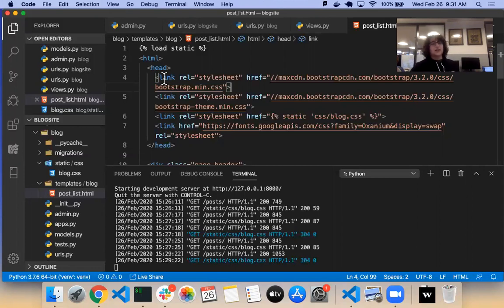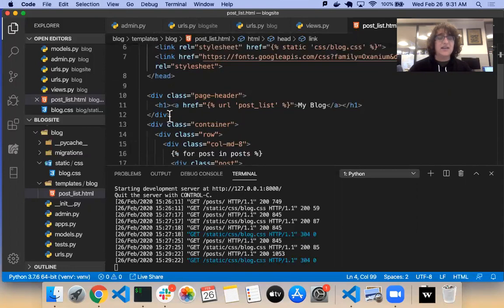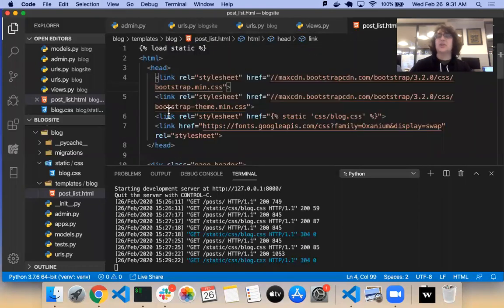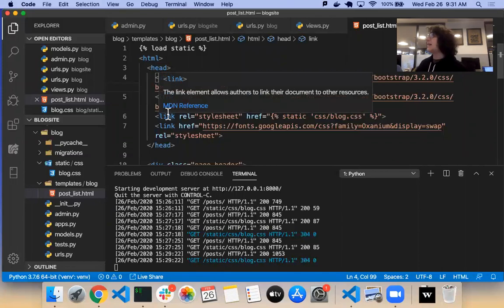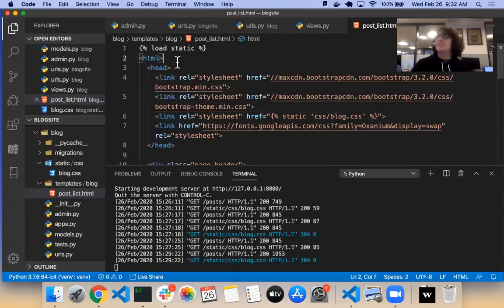I could copy all of this, the load static HTML, all of the stuff in the head, but I wanted to make sure that everything in my site had a consistent look to it. But that's not very DRY. It's kind of annoying too. So one thing we can do is create a base page that everything else will load into, and I'll show you what I mean.